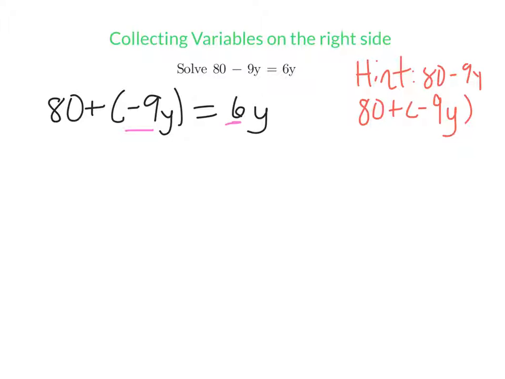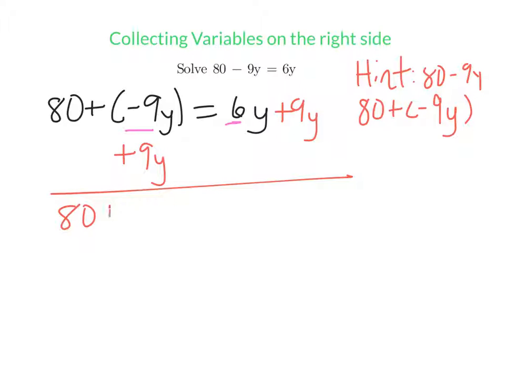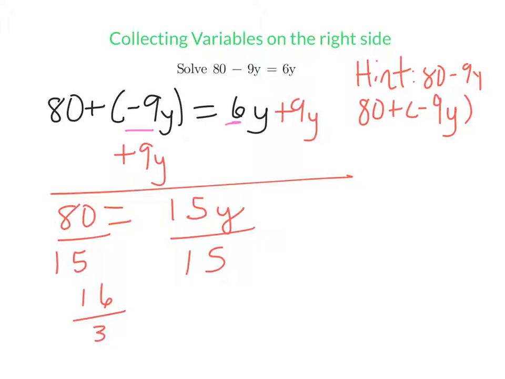So let's work this out. The first thing we want to do is to add 9y to both sides, and we get 80. Oh, sorry, I can't get my pen to work. 80 equals, and then we can add it over here, and so we have 80 equals 15y. We can get rid of the 15, divide both sides by 15, and we end up with 16 over 3